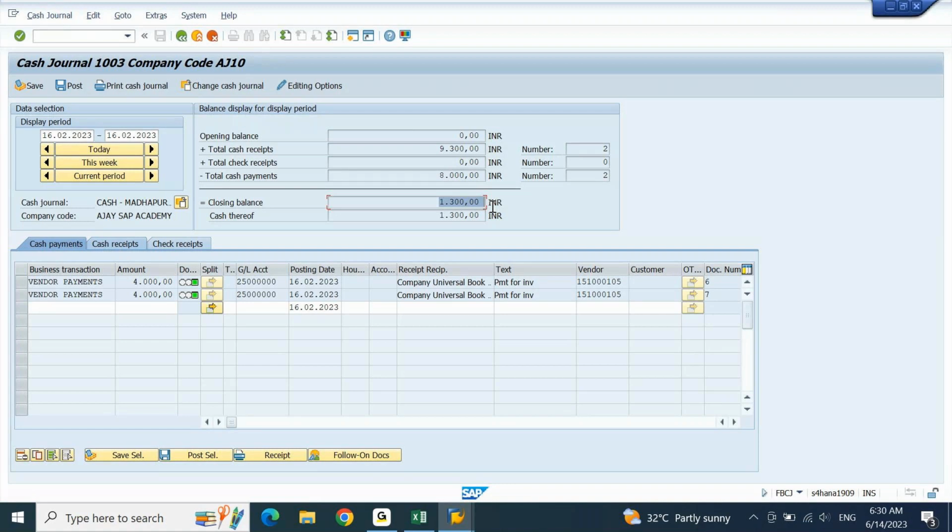This receipt is something that you will have to customize. You will have a standard receipt format, and according to your client, you will have to customize it with the help of an app. Let's say this is an entry that you posted, for which you want to take the receipt. Down below you will find an option called print receipt. If you click on this print receipt,